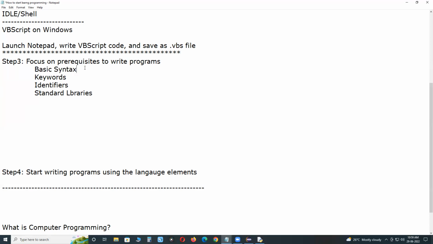For example, Java. Java is case sensitive. All Java keywords are small letters. Case sensitive means there is a difference between uppercase and lowercase letters.